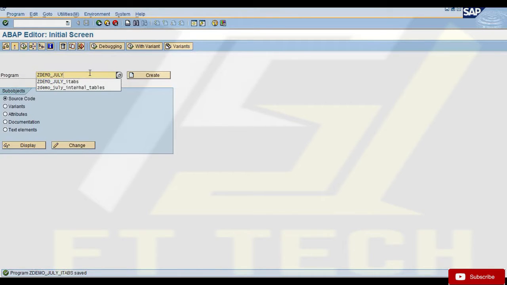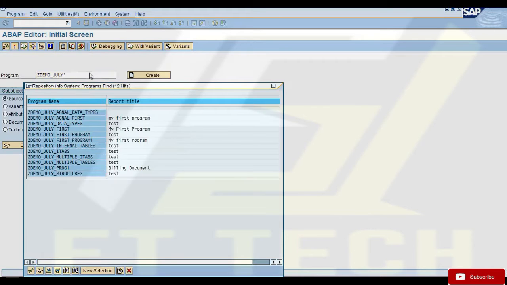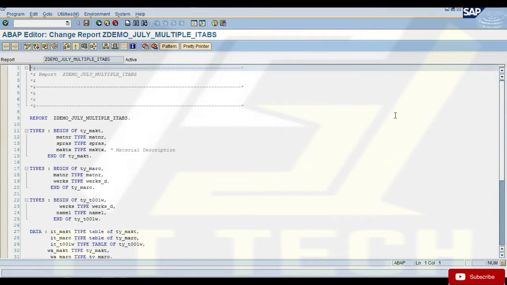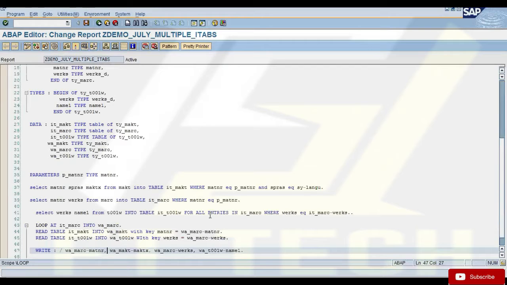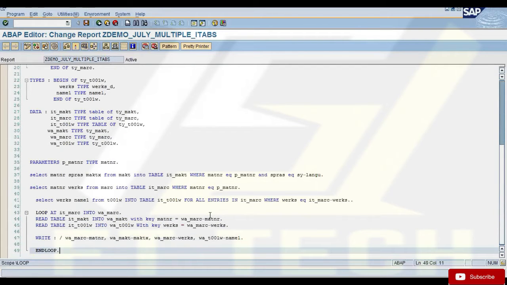Do you remember yesterday's program? Yesterday I asked you to remind me about this FOR ALL ENTRIES. The sort statement you can use only on your standard tables. You cannot use a sort statement on your sorted tables because the entries are by default sorted, so you cannot sort them again in a different way. It will give a syntax error. So you can only sort your standard tables.